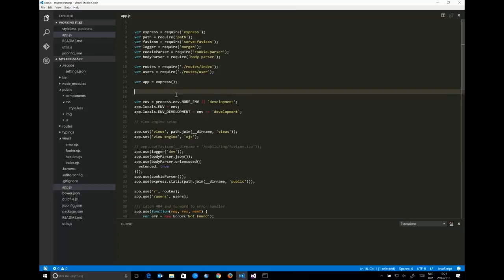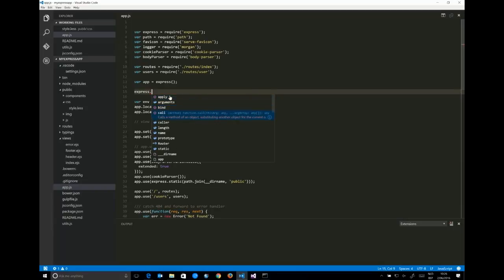So now we have what we call a JavaScript project. Everything will now be marked as being ES6 compliant, and we should now be able to do Express dot, and you'll see that we get information now. We get IntelliSense for Express. Let's say, for example, the apply method takes an argument of type any. We get some information about that function, so you get full IntelliSense for that external library. We can do bind, we can do call, and you get all of the information linked to that specific